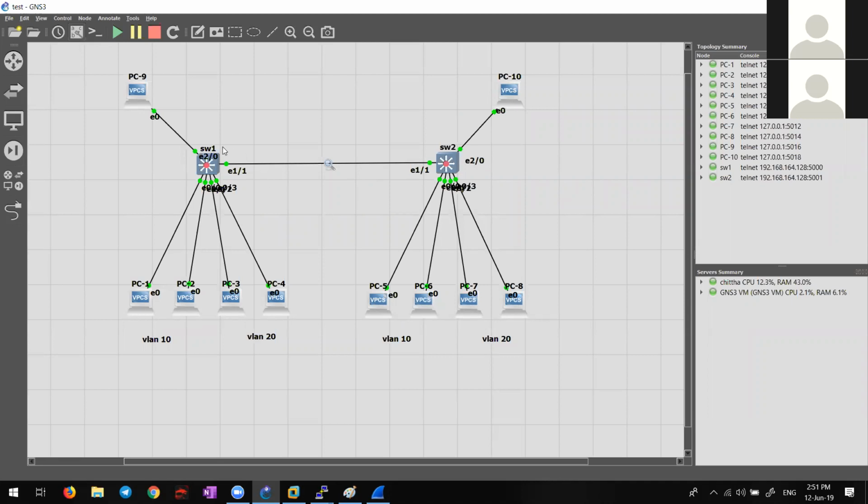This trunk link can have one native VLAN. If there is another trunk link to another switch, that trunk link can have another native VLAN. So native VLAN has nothing to do with the complete switch, but it's for every trunk link. In this trunk link, what is the default native VLAN? VLAN 1. But I want to change it. I want VLAN 10 to be the native VLAN. What should I do?